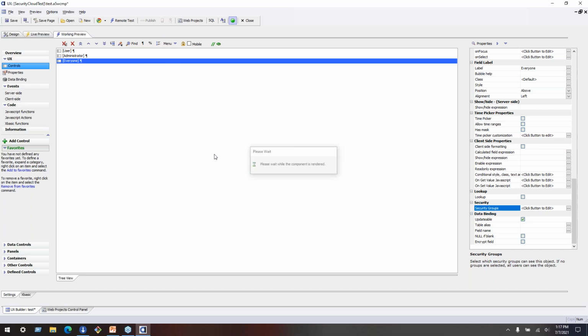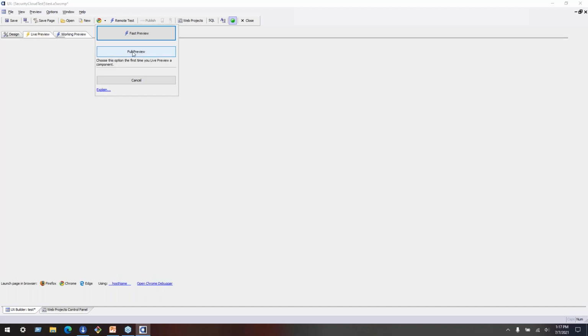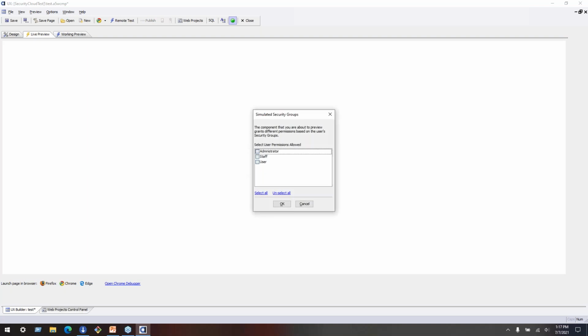And if you run this in working preview, you'll notice that you get just everyone, and there's nothing here to ask you what your security permissions are. The only case you can test here is this one. But if you live preview, you will get a prompt asking you what simulated security groups you want to use. So say I'm working on a component, and if I'm an administrator, I should see